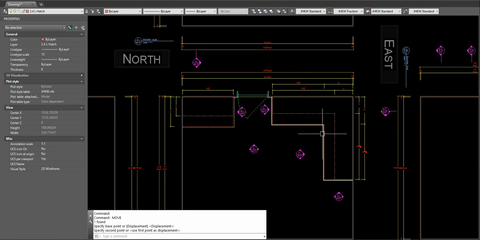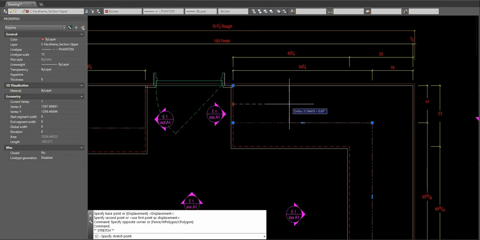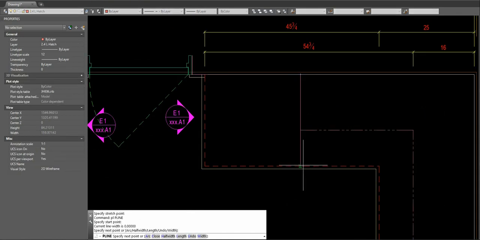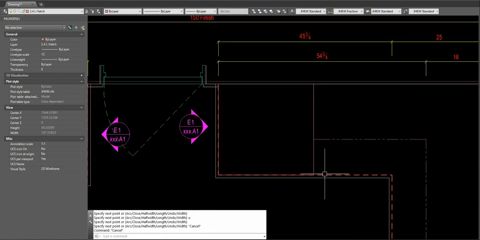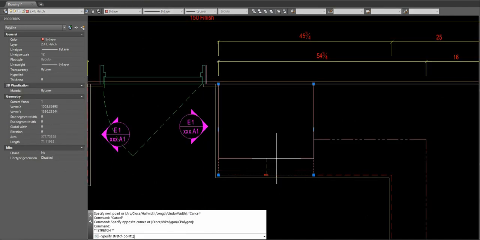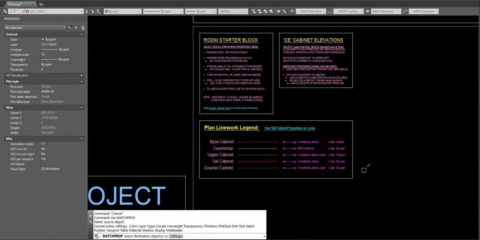So yeah, it's easier to erase than it is to add. So yeah, I don't know, let's say that is a thing, and here this can be a countertop cabinet. Undo. This can be a countertop cabinet set back 2 inches, and I'll make sure to just do a match properties,